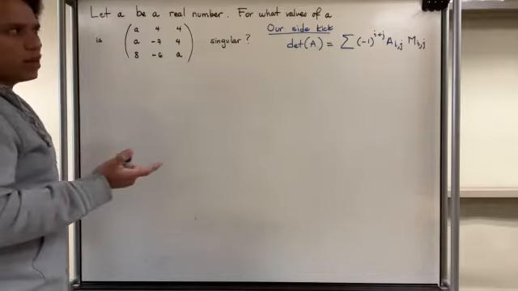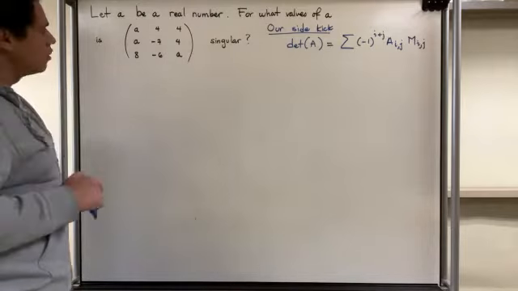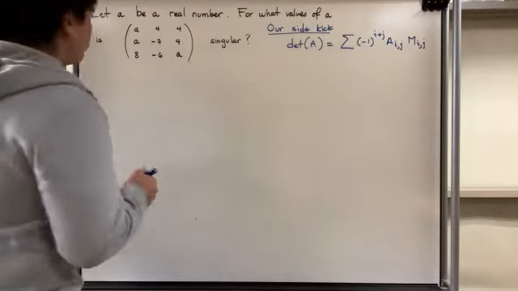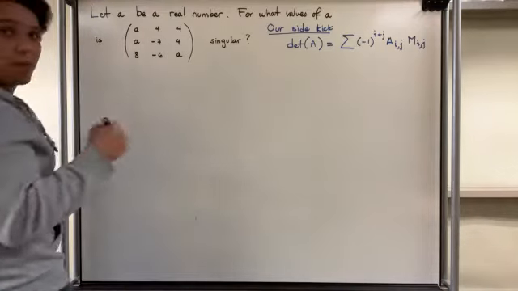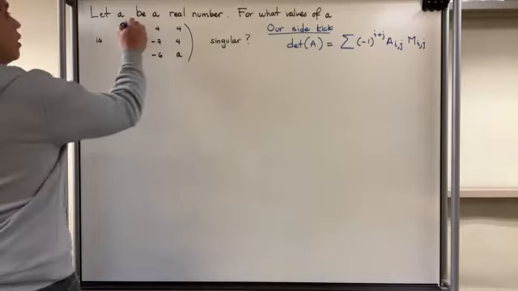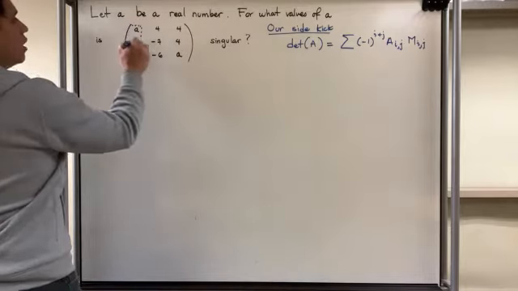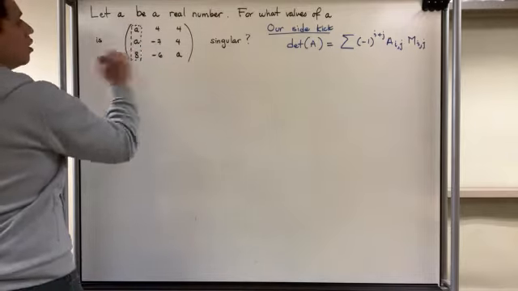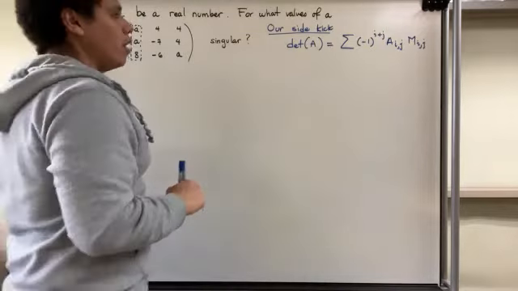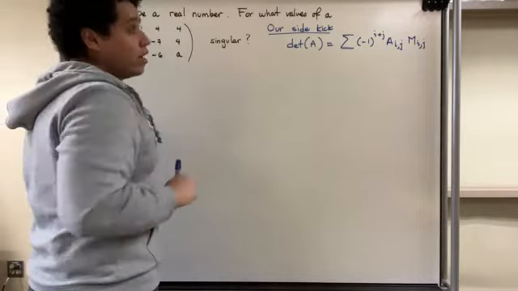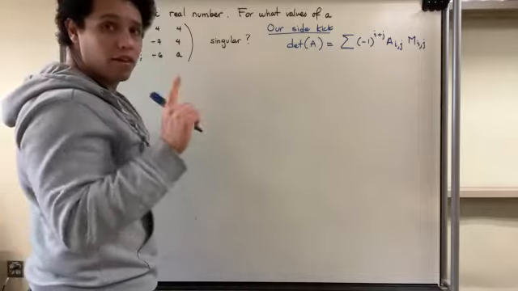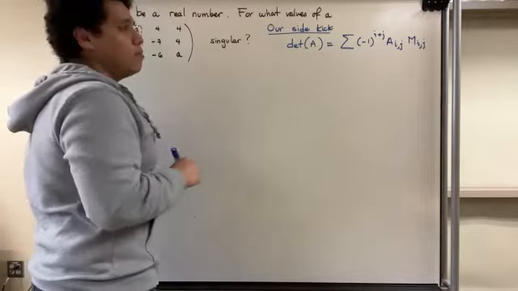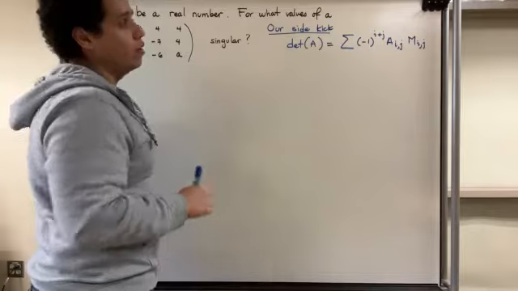Well, I would say something along these lines. Look, it seems like most of the information about A is located in this column. So what I'm going to do is expand the determinant along the first column, meaning I'm going to leave